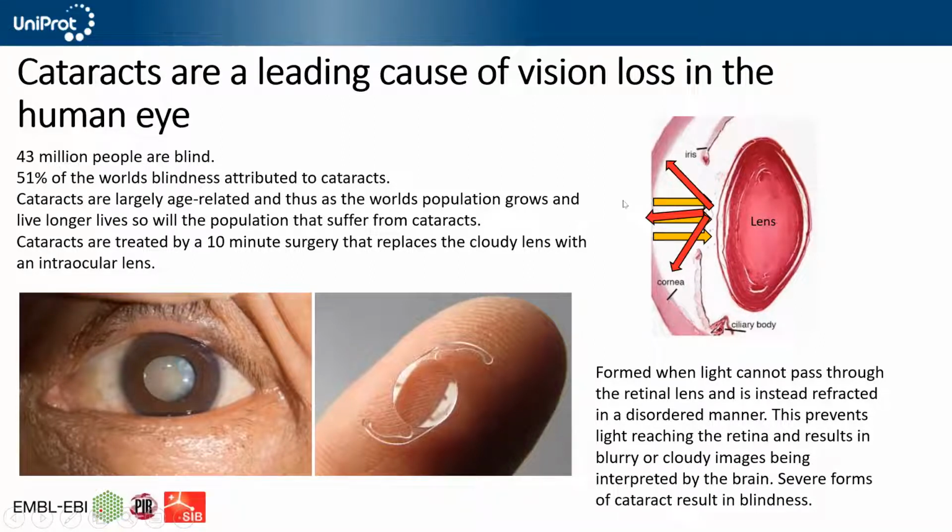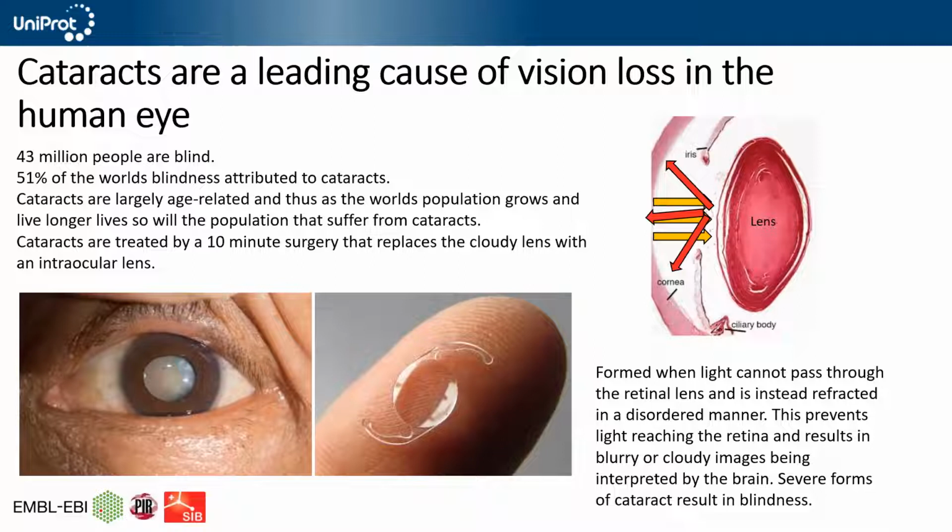So you can't interpret that image as clearly, or maybe not even at all, if you've got a severe cataract there. And cataracts, especially in people that have access to decent healthcare, are easily treated with a 10-minute surgery. I've got relatives that have been treated by this, and apart from the idea that eye surgery really freaks me out, it's a really simple procedure that takes 10 minutes on a local anesthetic and essentially replaces the cloudy lens